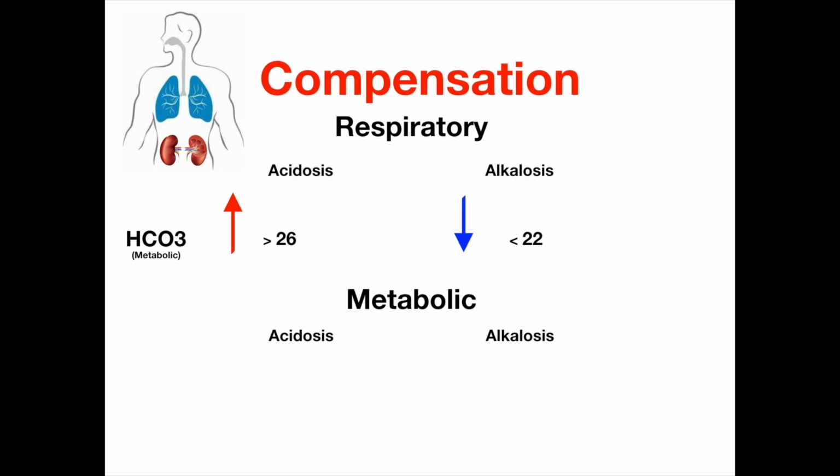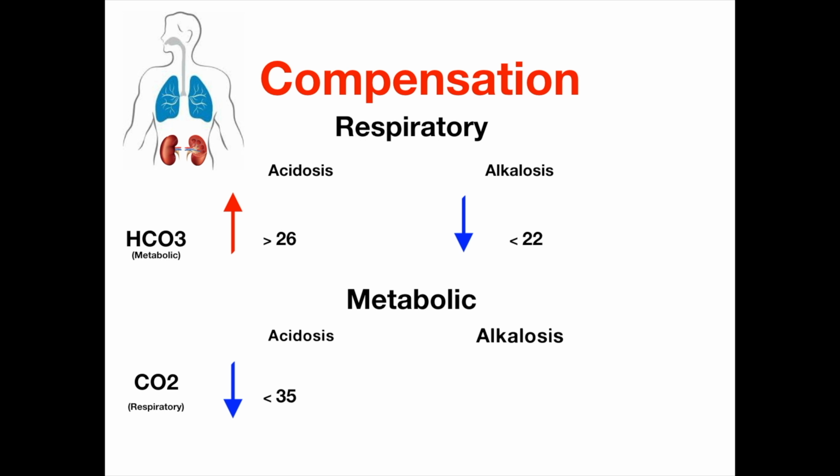Okay, moving forward. When we have a metabolic problem, always remember that our respiratory system will compensate. So that is our carbon dioxide. Again, depending on whether it's acidosis or alkalosis, the body will try to compensate by either increasing or decreasing the amount of CO2 in our system. When we have metabolic acidosis, the body will compensate by decreasing the amount of CO2. Remember, CO2 is associated with acid, so when the body detects that there's acidosis, obviously it's going to try to decrease the amount of CO2 in our system.